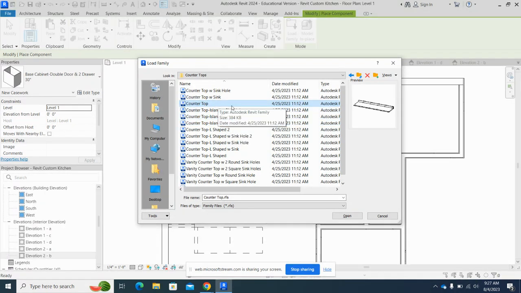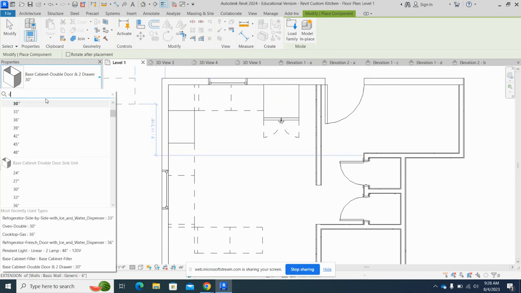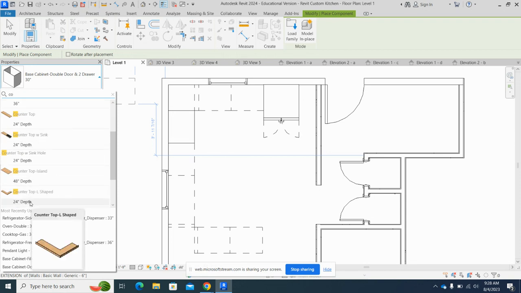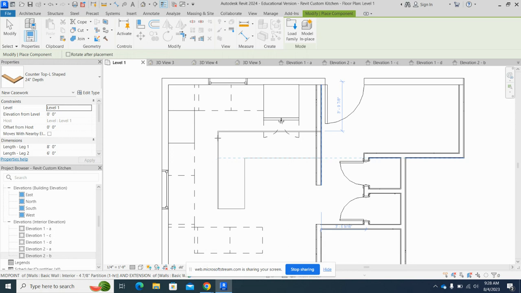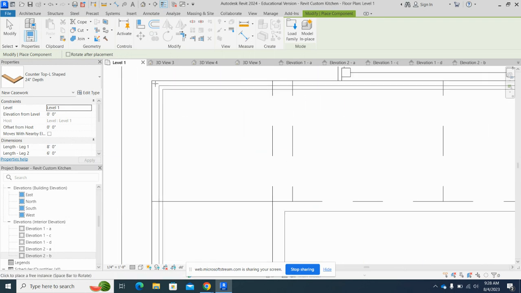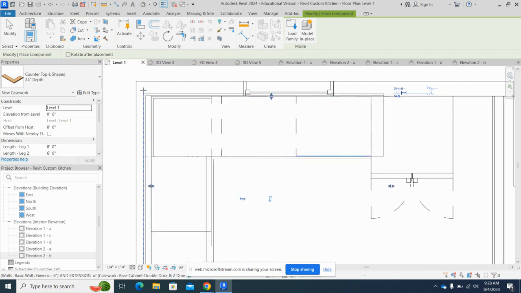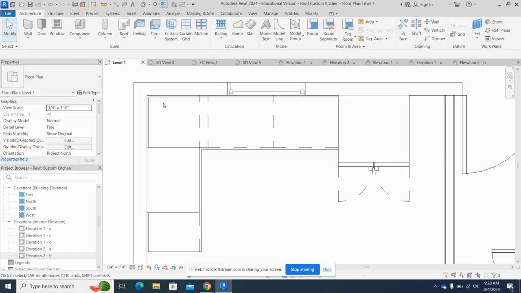So let's start with the L-shaped as it goes through. I'm just going to hit open, and we'll find that, the L shape. Okay. So you see as it comes in, don't worry about the size of it right away. Again, you'll hit the space bar to flip it as needed. You're going to come in and place it here. So then